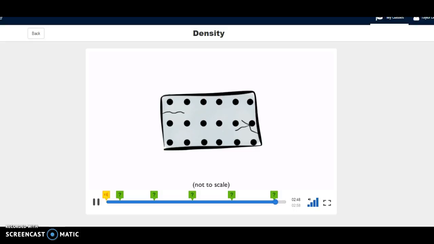new atoms are added to the water. So because of the expansion, there is more room between the atoms. Compared to the atoms